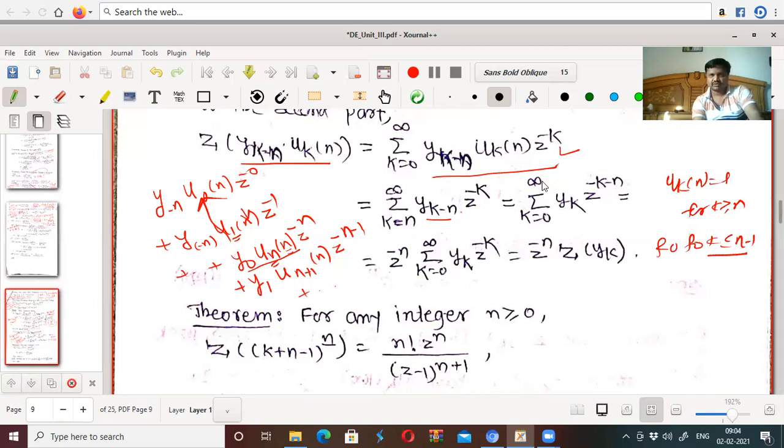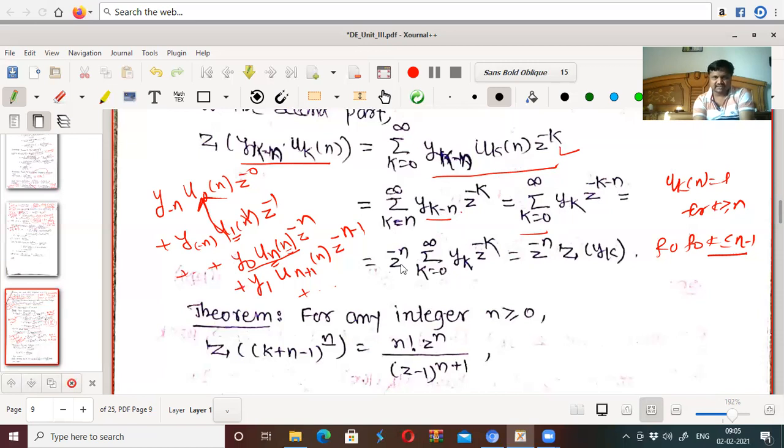So it is the summation from k equal to 0 to infinity. Now we are replacing k minus n by 0, that is, k equal to n. So put k minus n equal to 0, and you will get the sum for k from 0 to infinity of y_k z^(-(k+n)). So replacing k by k plus n, you will get this term. Okay. This means the first term is here: if I put k equal to n, you will get y_0. If I put k equal to 0, you will get y_0. If I put k equal to n here, the first term becomes z^(-n), and if I put k equal to 0, z^(-n) is there. So both are the same, only the replacement differs.